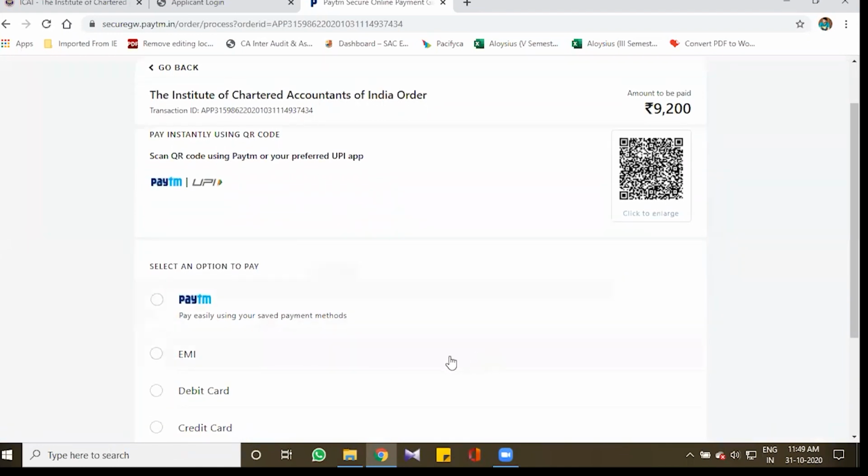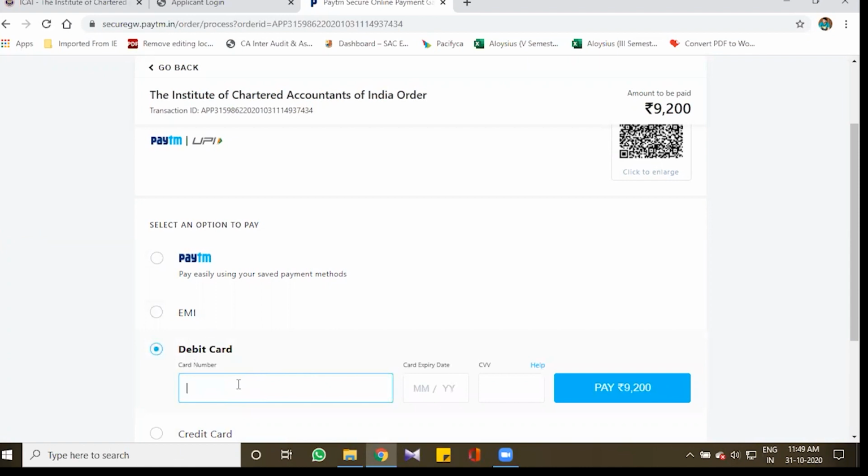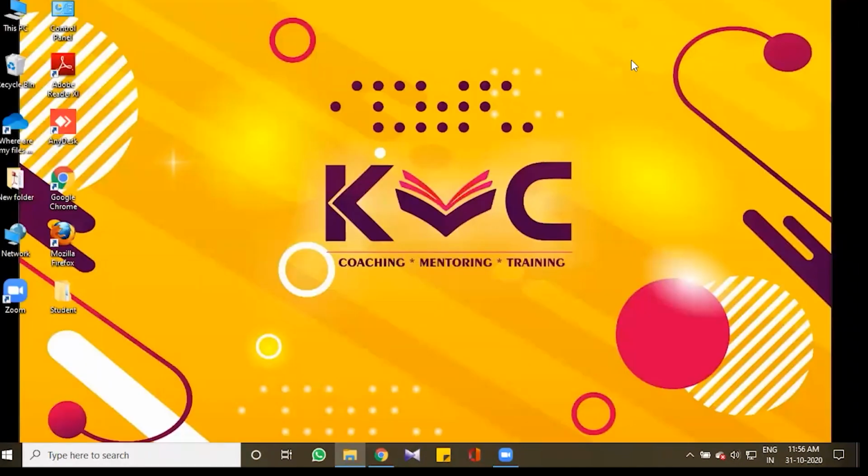Here you can choose the option which you want for your online payment. I am choosing the debit card payment here. I'll have to enter the card details. Once you have entered the OTP for your card details, you get to proceed with the payment. And once the payment is done, you're done with your course registration.